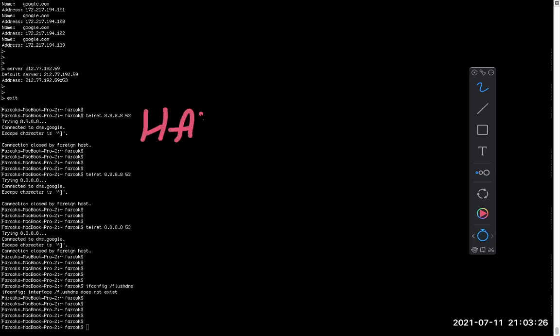That is something like hairpin. Oh, it's not hairpin. Okay. That is when it's coming to firewall. I will explain. This is something called, you have your own company here.